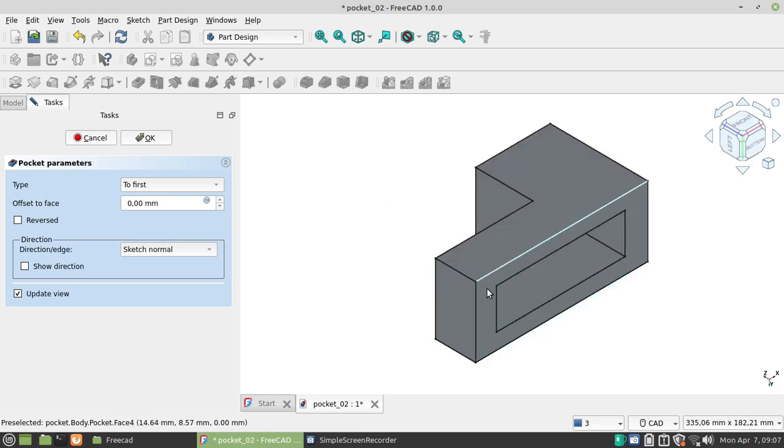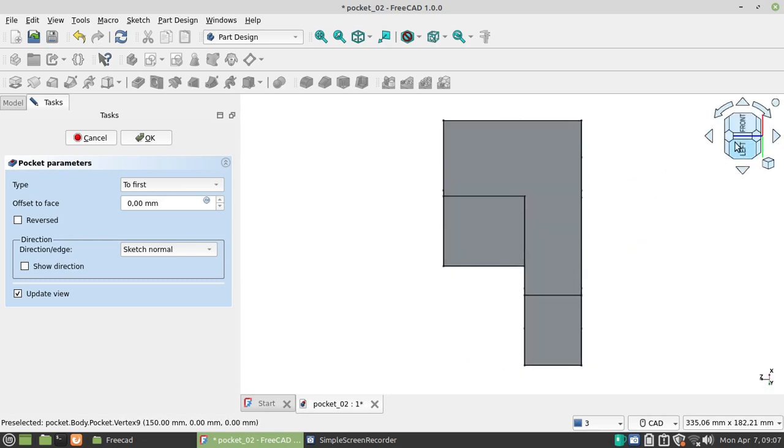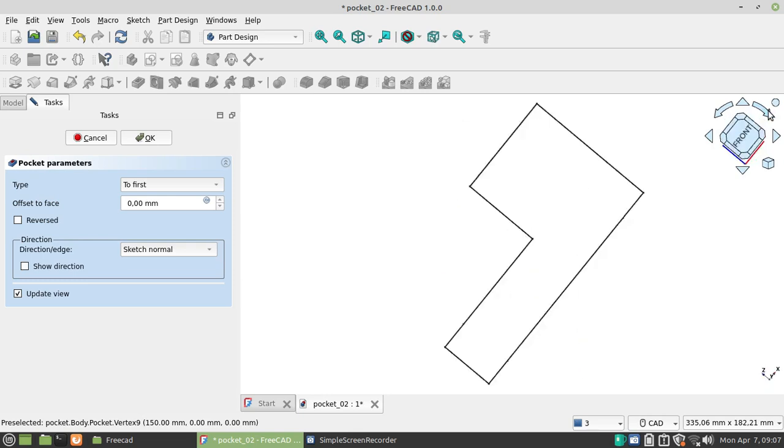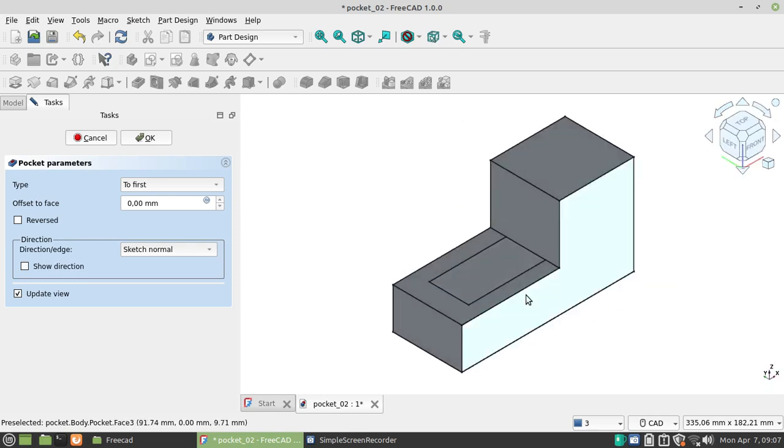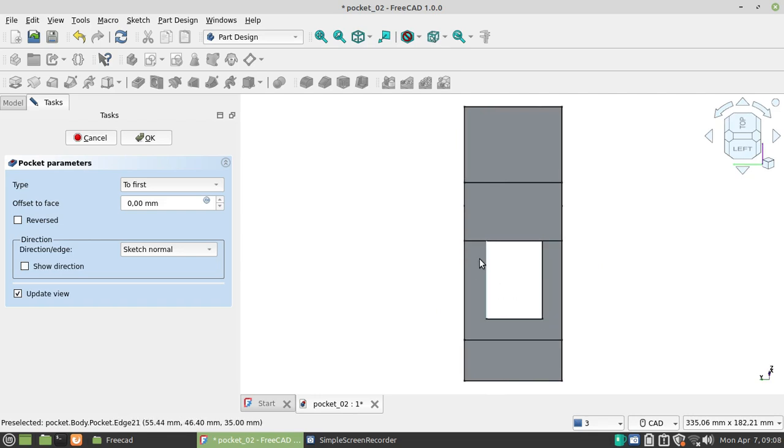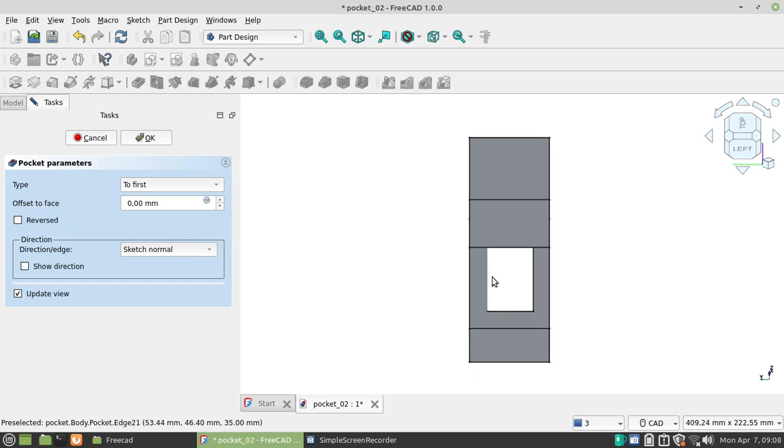The sketch is along this, and the pocket that we make is stopped at the first surface. It is the first surface. And this is the to first pocket.